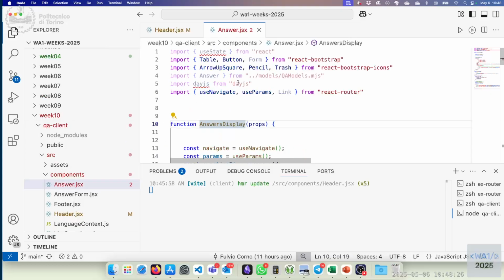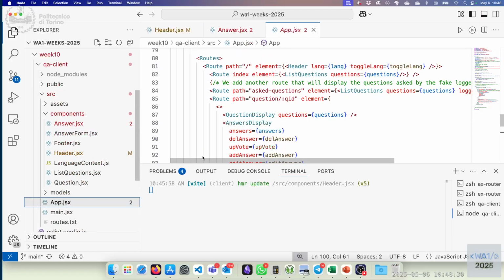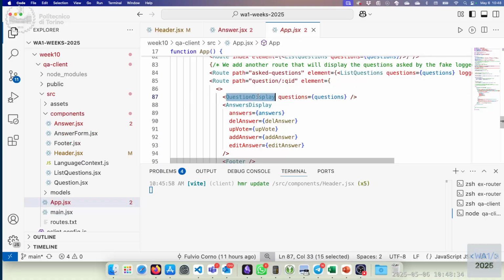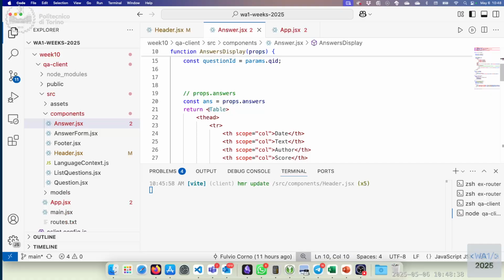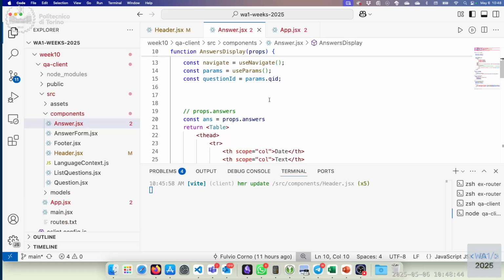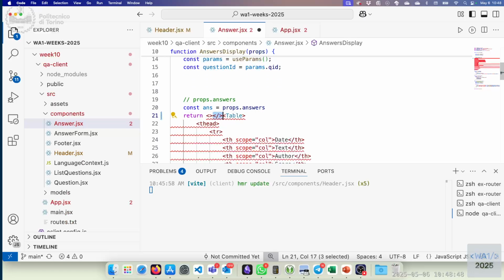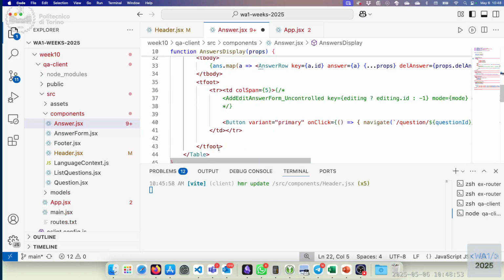Yes, answer display, because the question is displayed before. In answer display, the idea is before the table we can put a message with the number of items. So, for example, let's wrap this into another component so that the table will be only one of the 2 children,